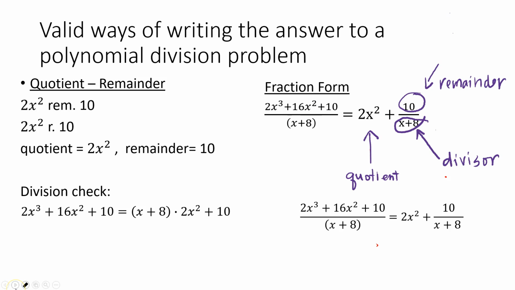This is what will happen when we multiply both sides of the fraction form by x plus 8. So x plus 8 times x plus 8, this will cancel. Here, I'm going to distribute the x plus 8 to both terms, and this will result in the cancellation of that x plus 8, which gives me